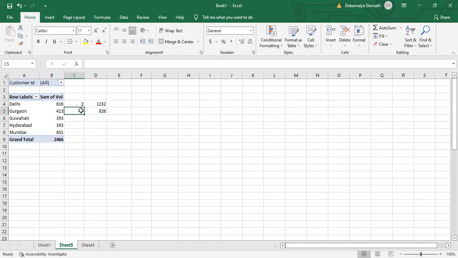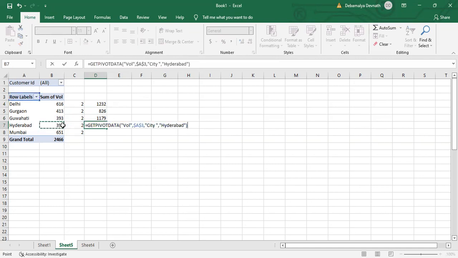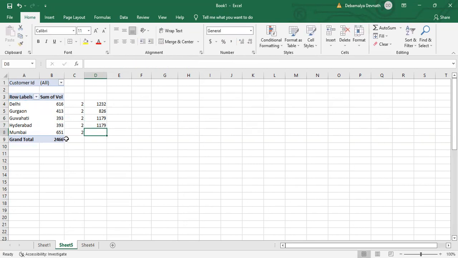So if I take the price as 2 per volume, you can do a multiplication and get the value, right? Equal to 393, or drag the volume. I showed you how you can drag the formulas and then do a multiplication. Since the data is small, I am doing a manipulation here itself. Hyderabad into 3 equal to 651 into 2. Something I have done wrong. Into 2, yeah. If you see in terms of my net revenue,